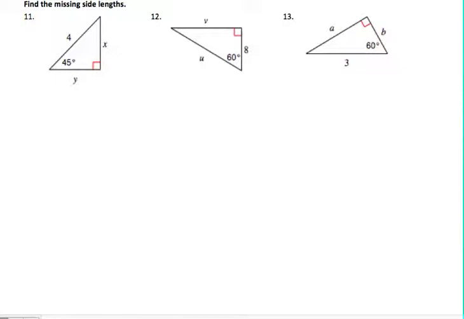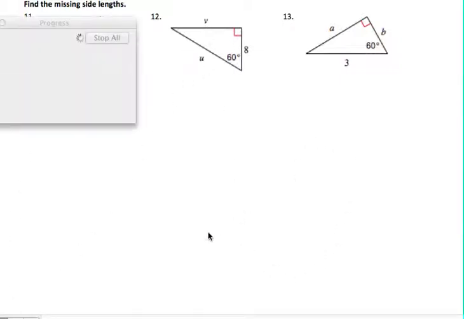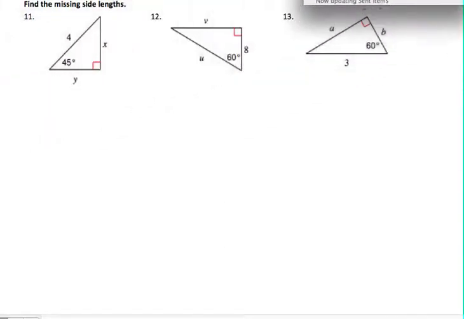11, 12, and 13, you can look at the instructions and you can look at these figures and say, hey, this is SOHCAHTOA. SOHCAHTOA is for right triangles and it's what we use to find side length or angle. However, what we're going to do in these is use a shortcut. We're going to use our 45, 45, 90 shortcuts, or in these cases, we're going to use our 30, 60, 90 shortcuts. So, just to review what that is, if you have a right triangle,